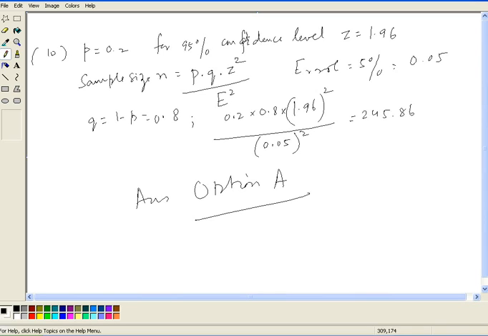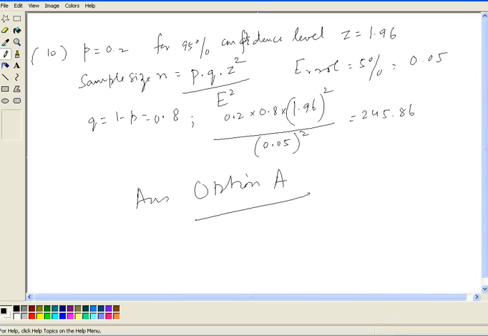So that 1.96 is your Z. Now we need to find the sample size n, which is given by P into Q, that is, Q is nothing but 1 minus P, into Z squared by E squared, where E is the error percentage for